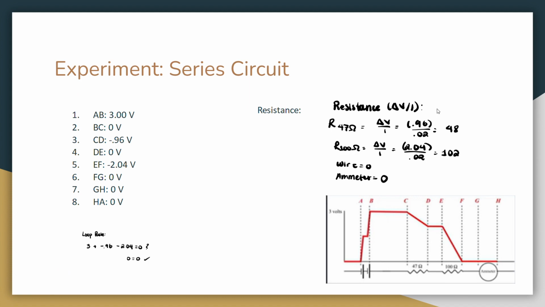And then this is the resistance calculation for the 47 ohm and 100 ohm resistors, the wire, and the ammeter. We got 48 and 102. And then this is the completion of that graph that was basically measuring the overall resistance of the